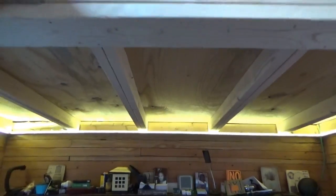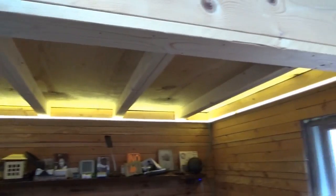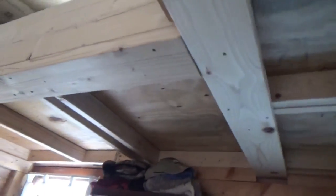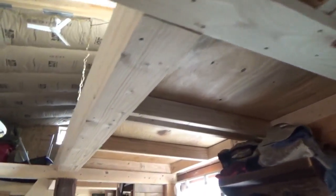And again, I left this rustic. Now I'll come back to the catwalk. I've got indirect LED lighting in the tiny house living room, which many of you have seen. But if you're new to this channel because of this particular video, you'll see that's all eBay, and it's beautiful. I really love it. I wanted a warm and cozy look in here with the wood, and it turned out well. So the catwalk is, if I remember right, about 3 to 3.5 foot wide, and runs in between the